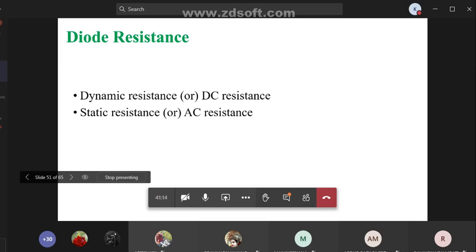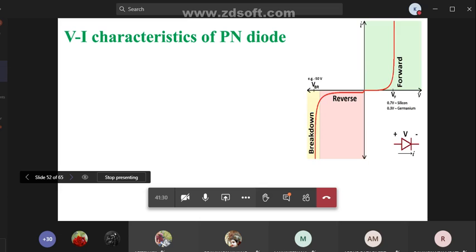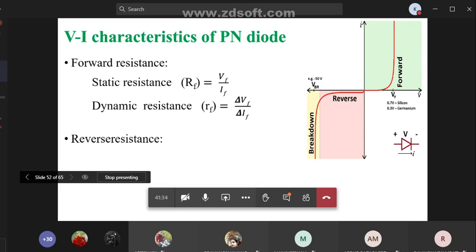So there are two diode resistances. We will see how to define static and dynamic resistance